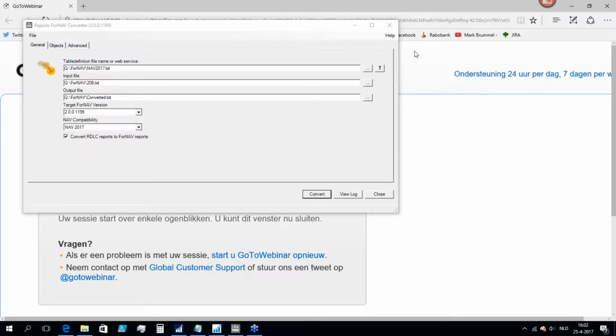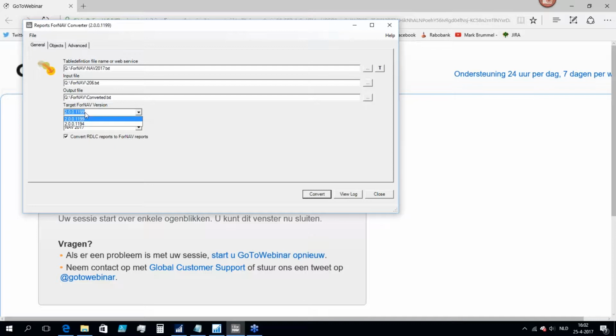And today we are going to talk about features that are new in ForNAV 2.0. The first feature that I want to talk to you about is actually a change in the way that we install the product and work with the DLL. With ForNAV 2.0, we actually allow side-by-side installation, and every report keeps its own reference to a version of the DLL. Currently, I have on my machine build number 1199 and